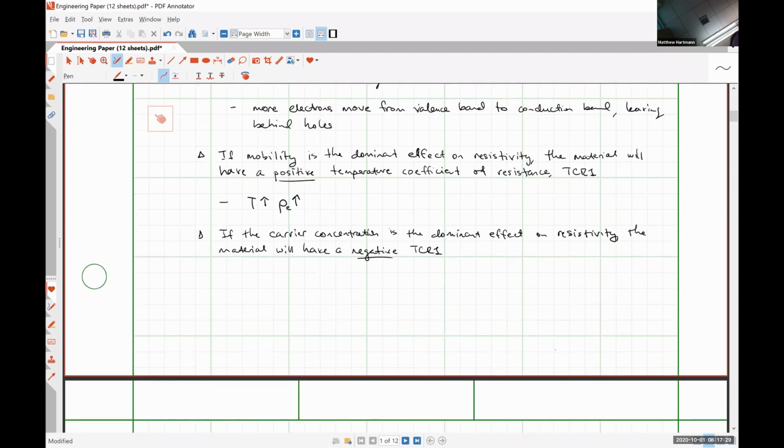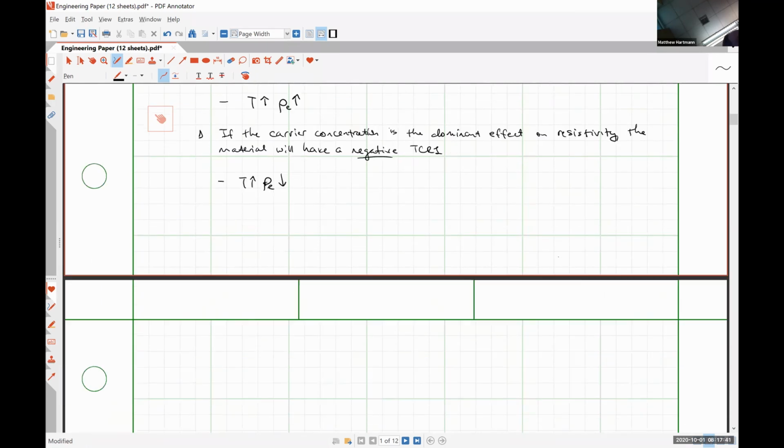So negative temperature coefficient means when the temperature goes up, the resistance or the resistivity goes down. So in general,